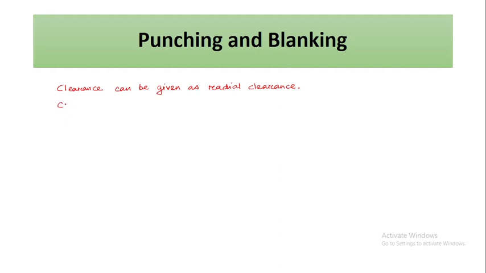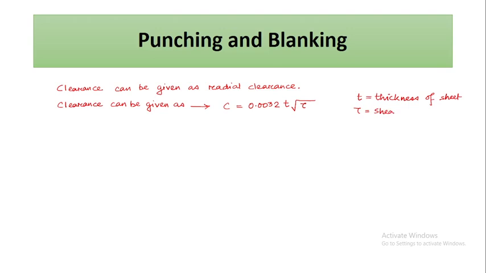So sometimes the clearance can be given as: clearance C equals 0.0032 times the thickness of the sheet into root over shear stress, where T is the thickness of the sheet, and tau is the shear stress,